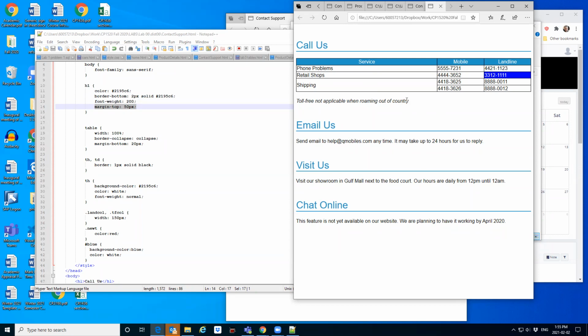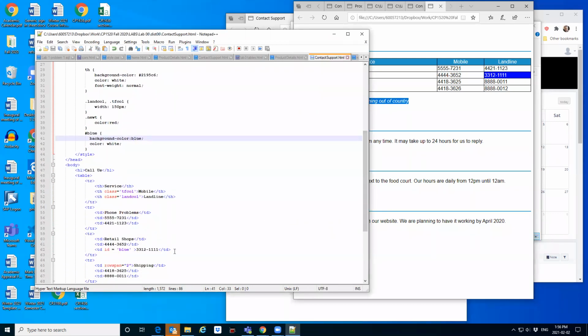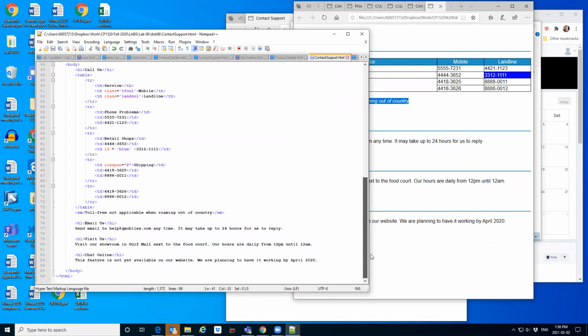Other things in there, you do need to be able to use EM tags, right? So there's an EM tag at the bottom of the table. All of those things you're going to need to do. Hopefully it won't be too much trouble for you. All right, are there any other questions on that? I don't think there's a call for you to use, I don't think there's any reason to use HR in